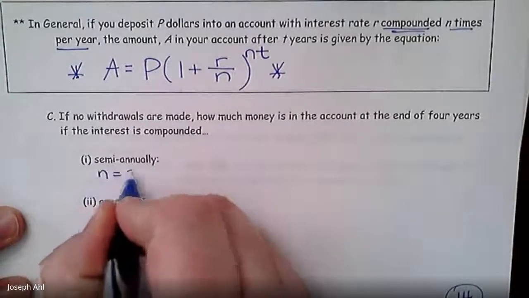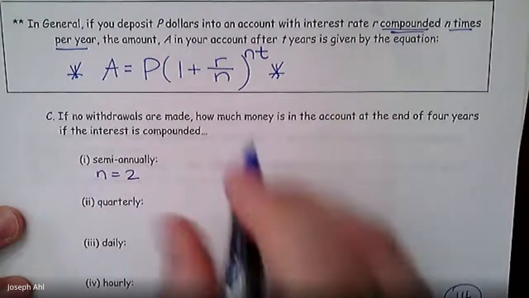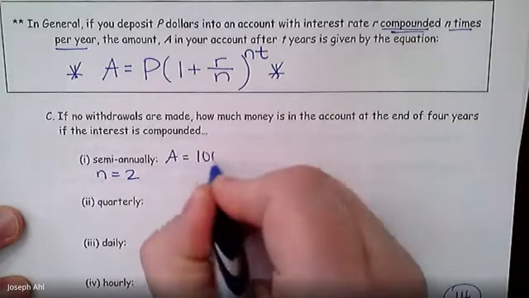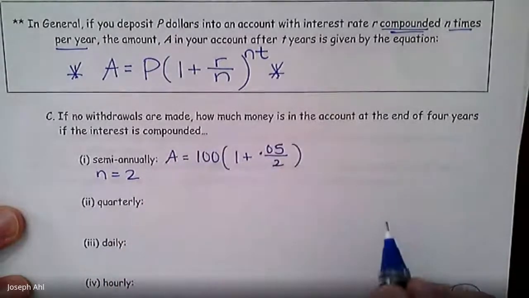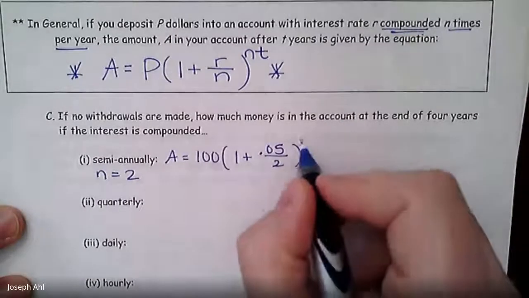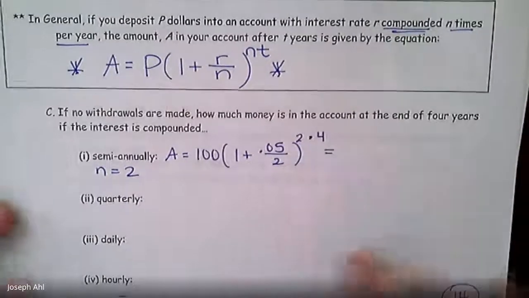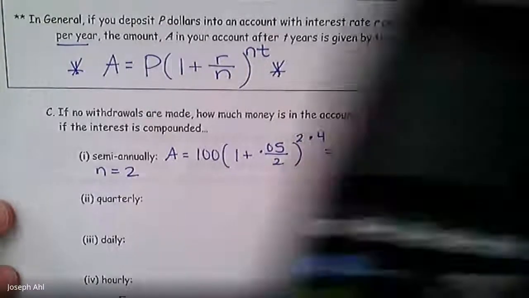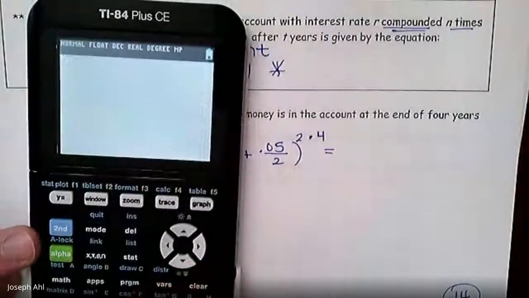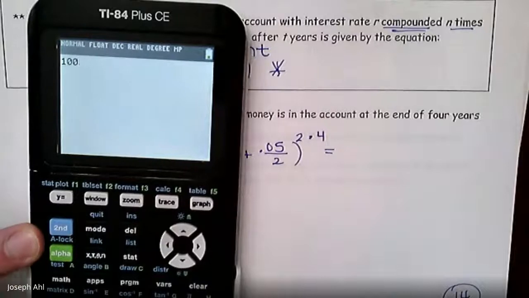Semi-annually would imply that we're getting it twice a year, so n would be 2. So the amount would be 100 times 1 plus the rate, 0.05, divided by 2. And if we're doing this for 4 years again, it would be to the 2 times 4 power. So of course you can clean some of this up in your head, right? You could do the 2 times 4 is 8. Let's see what we wind up getting here. So 100 times 1 plus 0.05 divided by 2 to the 8th power is